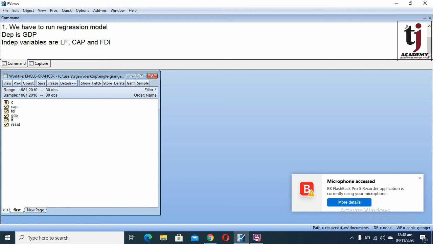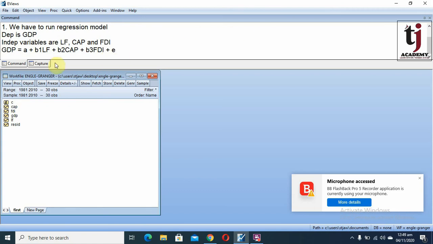So the model is GDP is equal to A, meaning constant, plus B1 labor force plus B2 capital plus B3 FDI plus error term.